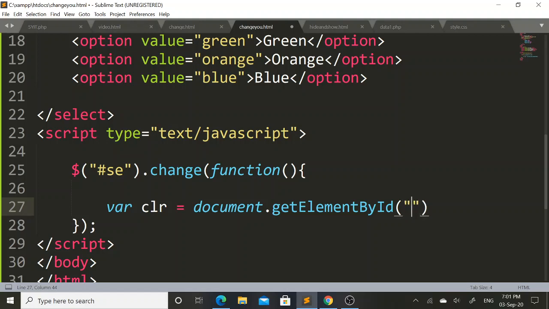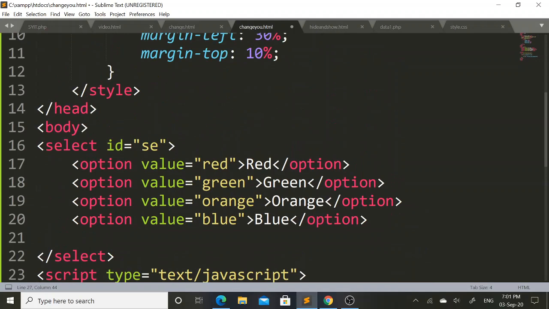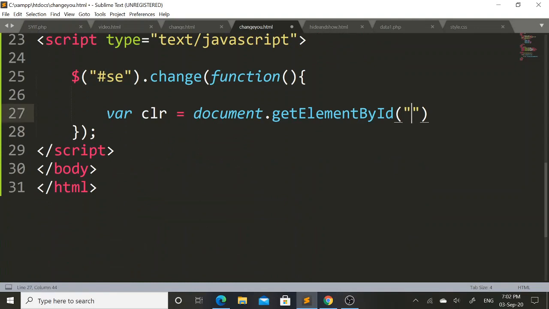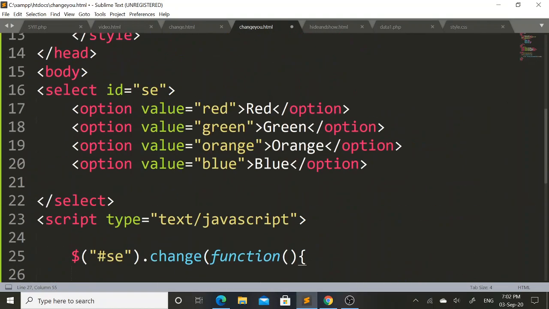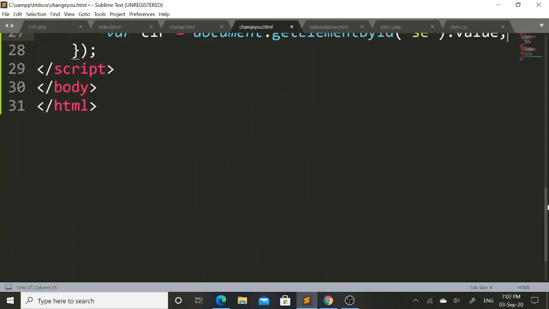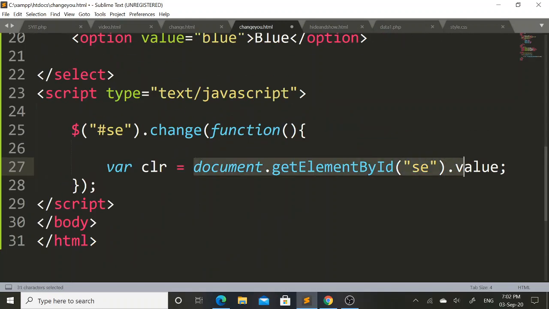So in the double quote I will mention the ID selector for this select tag which I had set as AC. Here again I will mention AC dot value. So in this way, whatever the color value I will select in the drop down list, with the help of this document dot get element by ID, that particular color value will get assigned to the CLR variable.